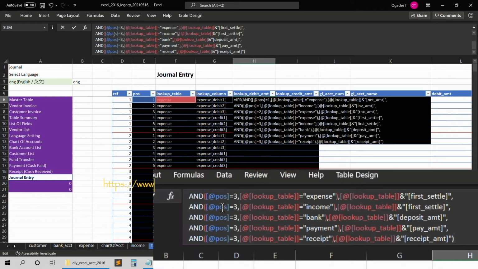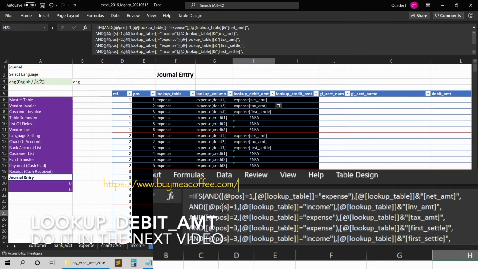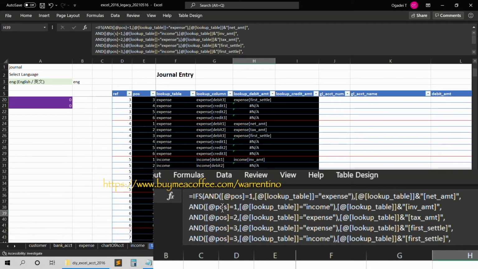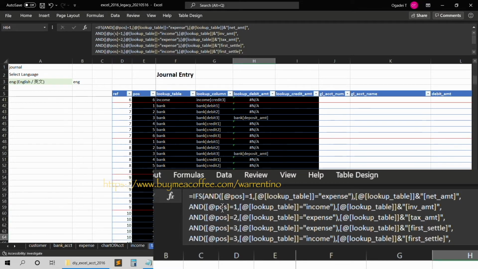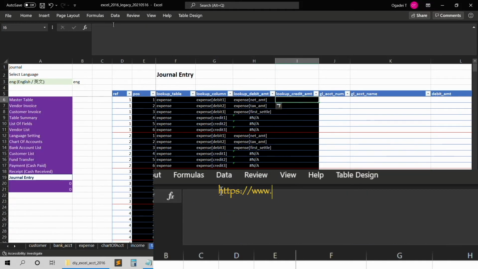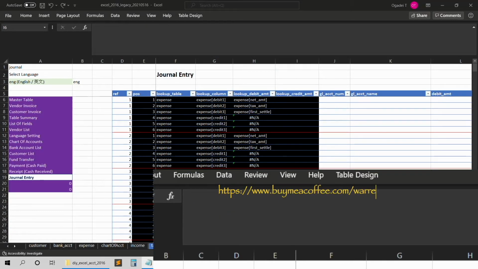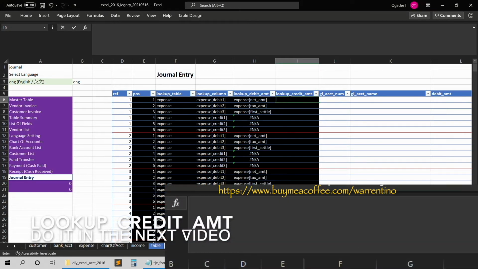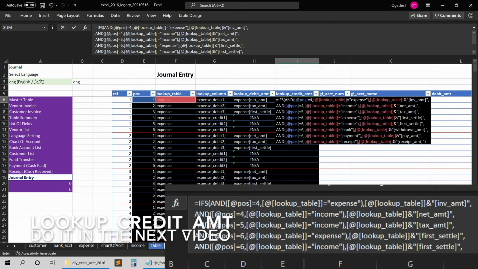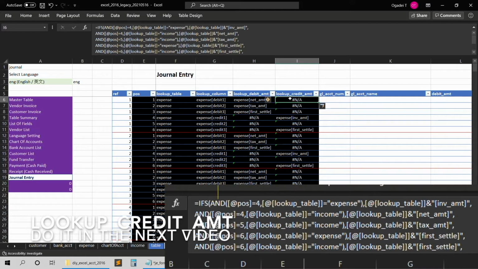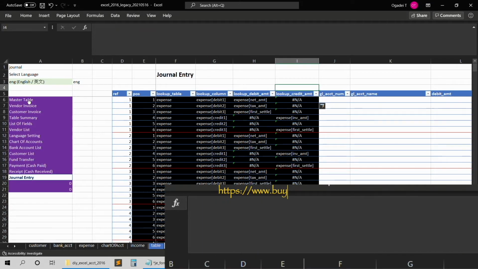Here I paste the formula under the lookup debit amount column, and I'll go through this line by line as I laid out the debit amount under the debit amount column. You can start typing the formula after my explanation. It's much easier than copying without knowing the meaning behind. Similarly, I paste the lookup credit amount formula.